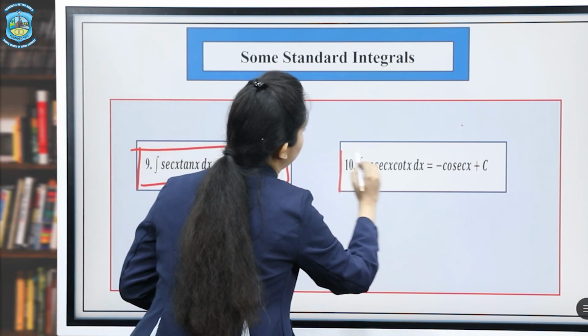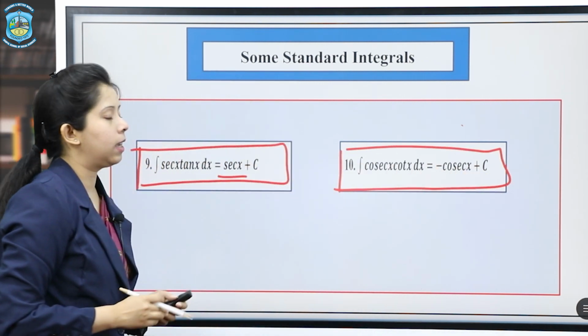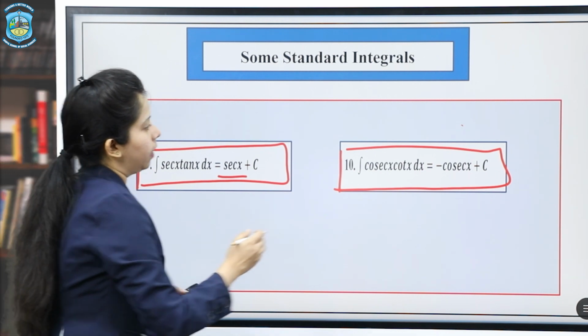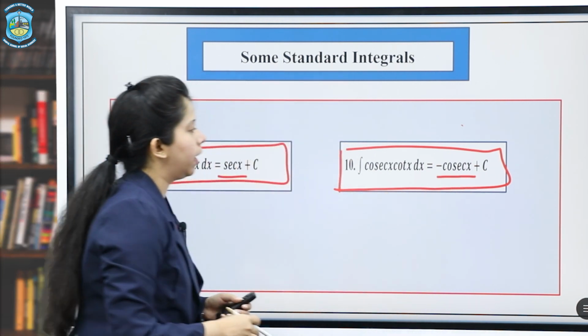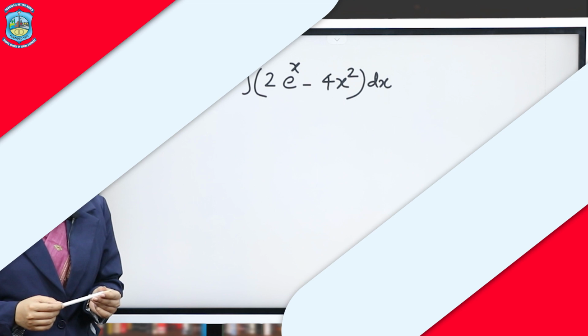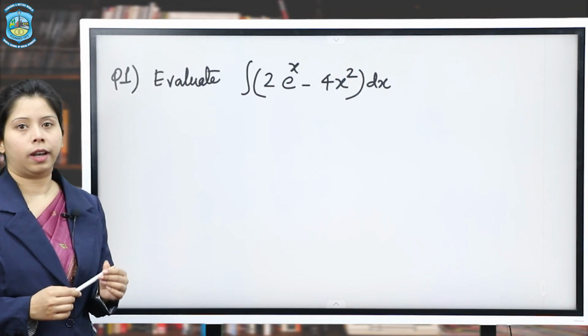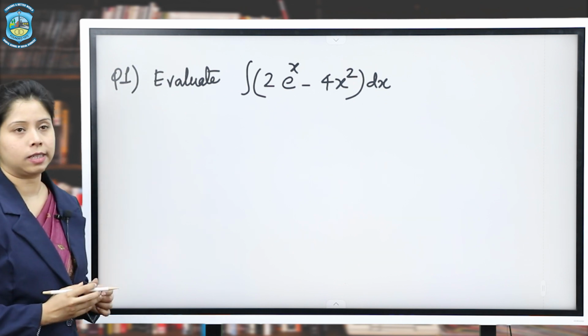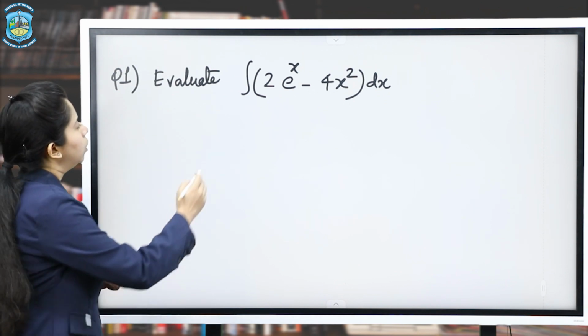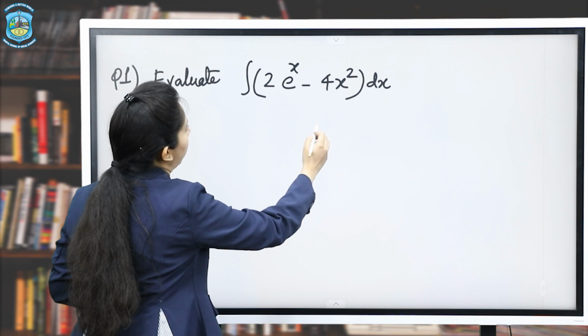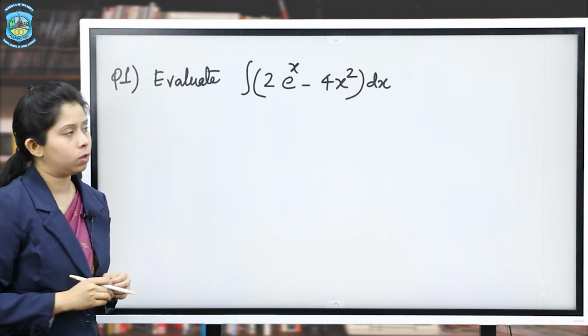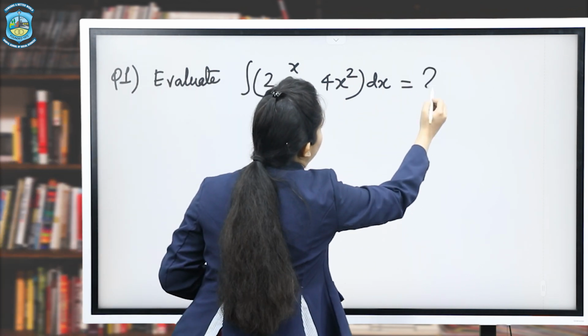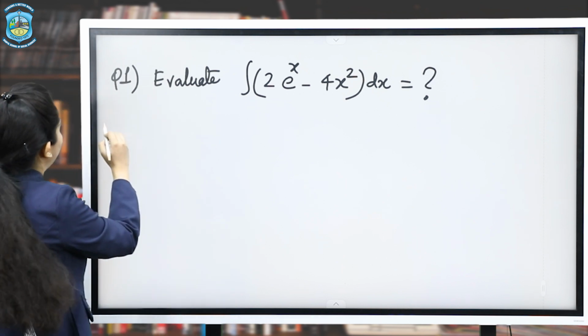The last formula is the integral of cosec x cot x dx, which is equal to minus cosec x plus c. Now, we will solve a few questions related to indefinite integrals. The first question is: evaluate the integral of 2 e raised to the power x minus 4x square dx. You have to find the value of this integral. So, we will start with,